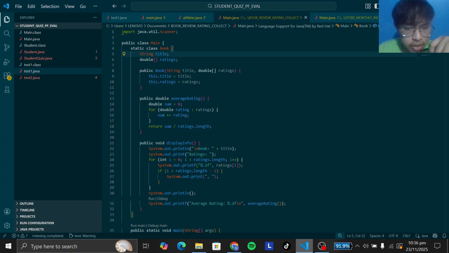Without the import statement, the program would not be able to create the Scanner object to accept user input, same as the other programs I've discussed. So the Scanner class is essential for interactive programs where user input is required, as it can read text, numbers, and other types of data from the console.